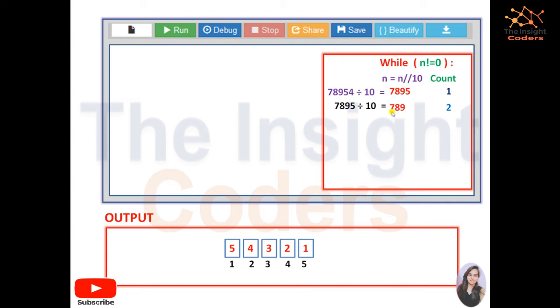Now again this quotient becomes our n. So for this we'll repeat the task again, that 789 is further divided by 10, you will get the answer as 78. Incremented the counter, same task to be repeated, 78 divided by 10, in this case 8 will be the remainder, and in the next case 7 is divided by 10, then 7 will be